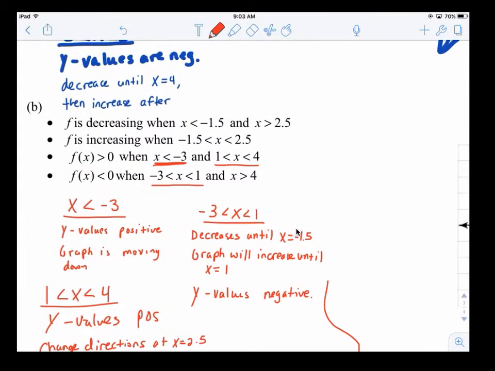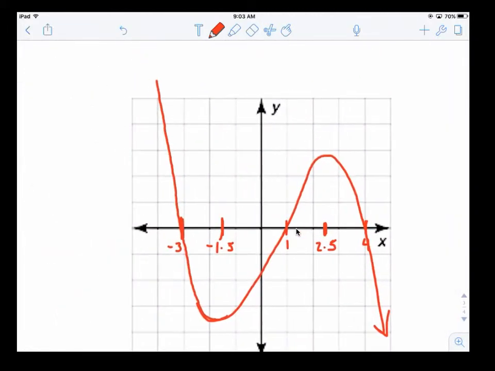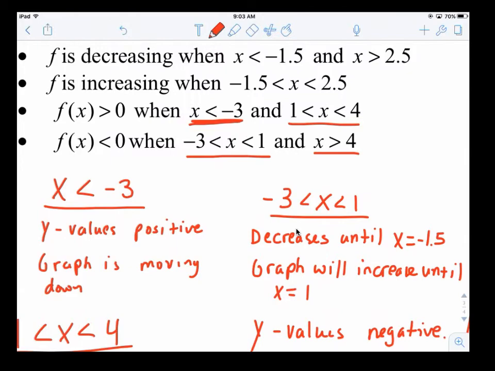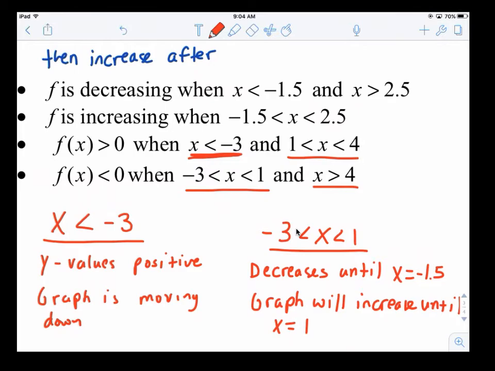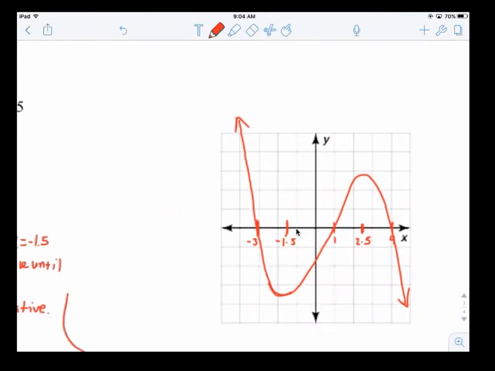So x is greater than 4. What's the graph doing? Going down. It says if x is less than 0 when x is less than 4, so your y values need to be negative, and then decreasing, because this interval fits into that one. All right, so that could be one general graph for